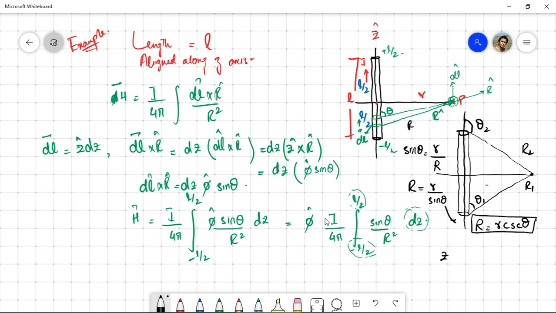Where is z? This is z, basically this base part of this triangle. So tan is the appropriate trigonometric function. Tan theta is equal to